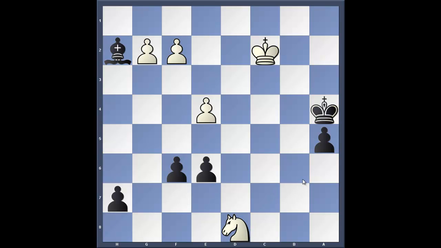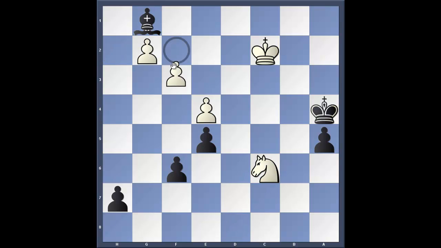So far so good. We're ahead a pawn, but more importantly, not only do we have a bishop versus knight, not only are we up a pawn, but we have a passed a pawn, which is tying down white's king. So e5, knight c6, bishop g1, f3,